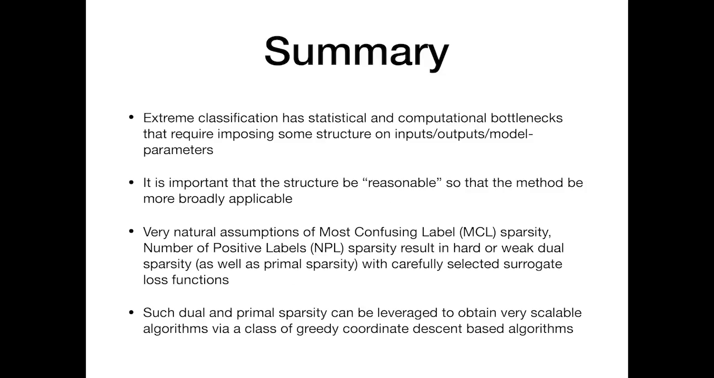So let me just summarize. Extreme classification has both statistical and computational bottlenecks, which requires us to think about and impose structure, right? And so the important question is, what is reasonable structure? Because you can always come up with structure and impose it. But the question we always need to ask, and that also came up in discussion with Manik, is what is a structure that would be reasonable for the application you have in mind, or broadly, across applications? And so what we found were some very natural assumptions, which we call MCL sparsity, or most confusing label sparsity, and number of positive labels, NPL sparsity, which result in either hard or weak primal and dual sparsity, which you can then